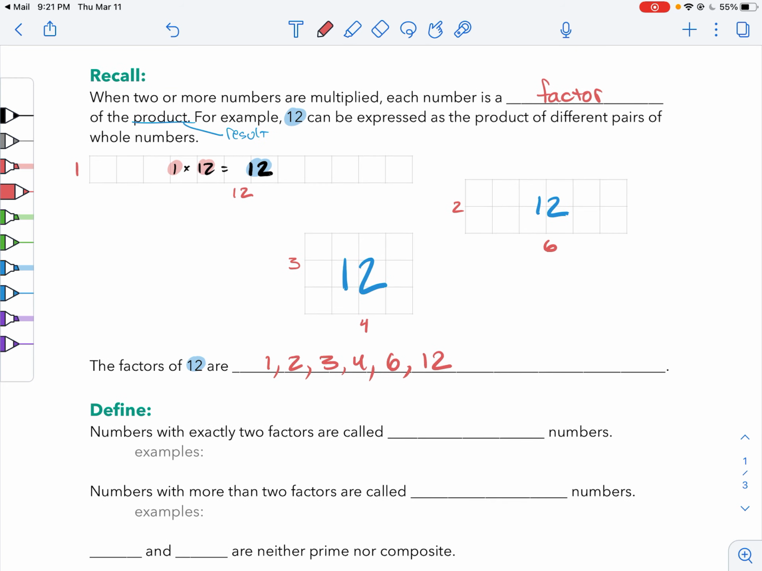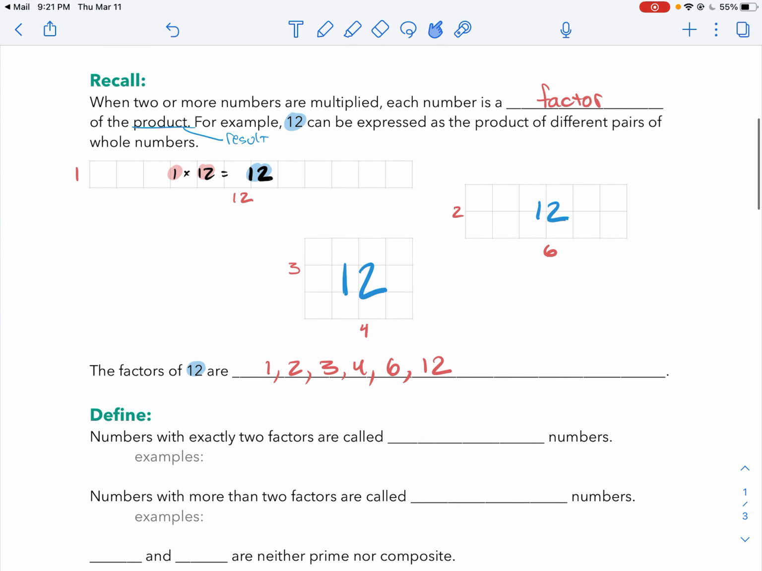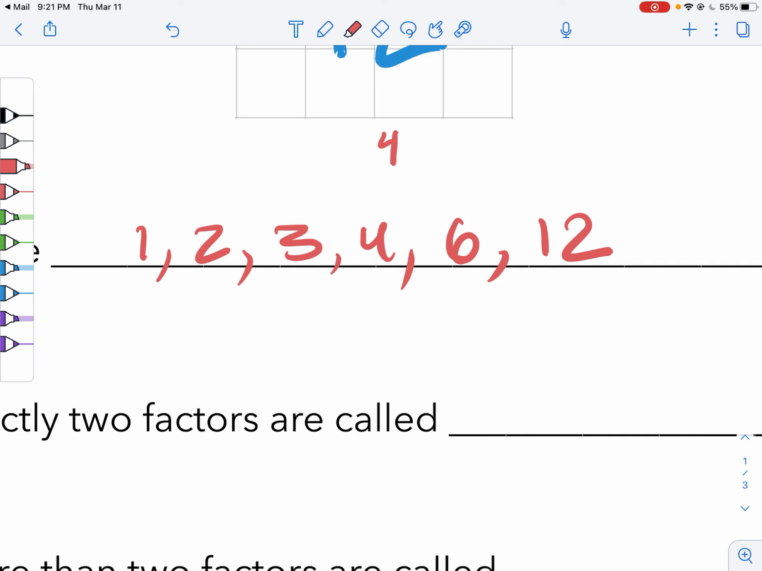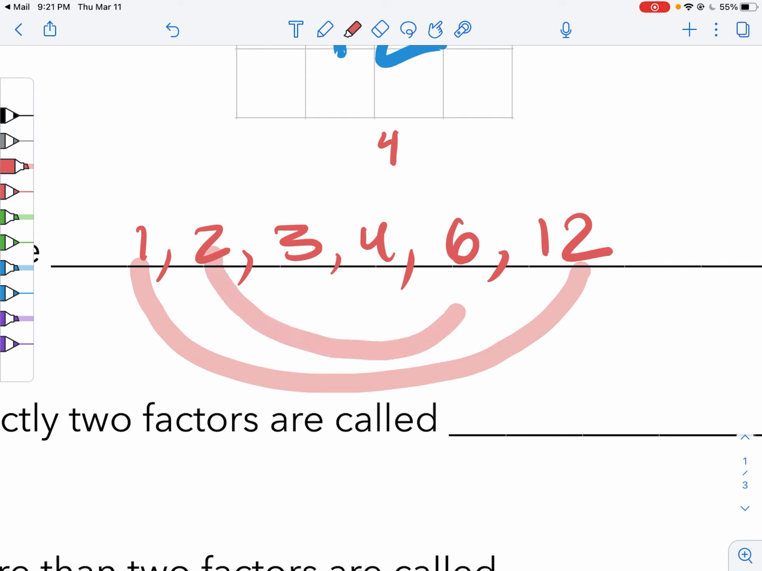Notice also that factors always come in pairs. You have to have something times something to get a number. So you can check to see if you have all the pairs by drawing these rainbows, this rainbow connection. 1 times 12 is 12. 2 times 6 is 12. 3 times 4 is 12. They always come in pairs